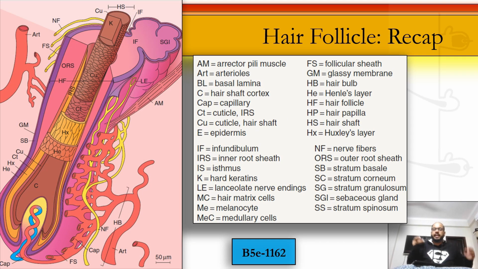So here is a complete amalgamation of all the structures that we have talked about, and you can actually see the single capillary loop in the dermal papilla. You can see it here, and it is part of the perifollicular arteries or the plexus of arteries, and you can also see the perifollicular neural network and the erector pili muscle, and the hair shaft. Clear? This is a longitudinal section. Earlier we saw the stages or different levels of cuts. Let's move forward.